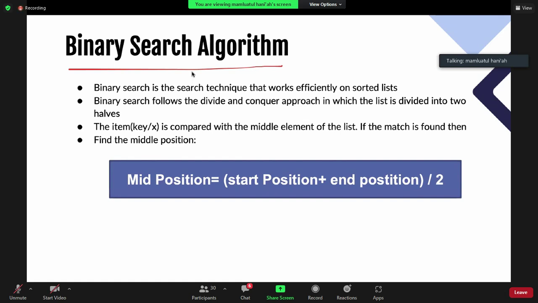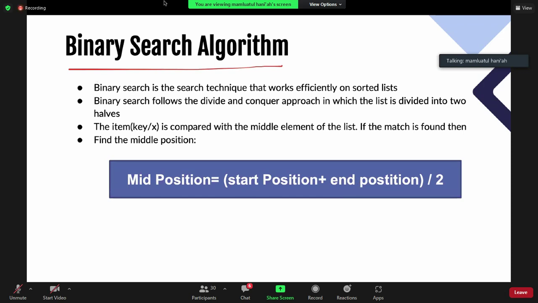With divide and conquer, we need to divide our array or our problem into sub-problems, and then we conquer, finding the solution using recursion, and then we combine our solutions to become one solution.